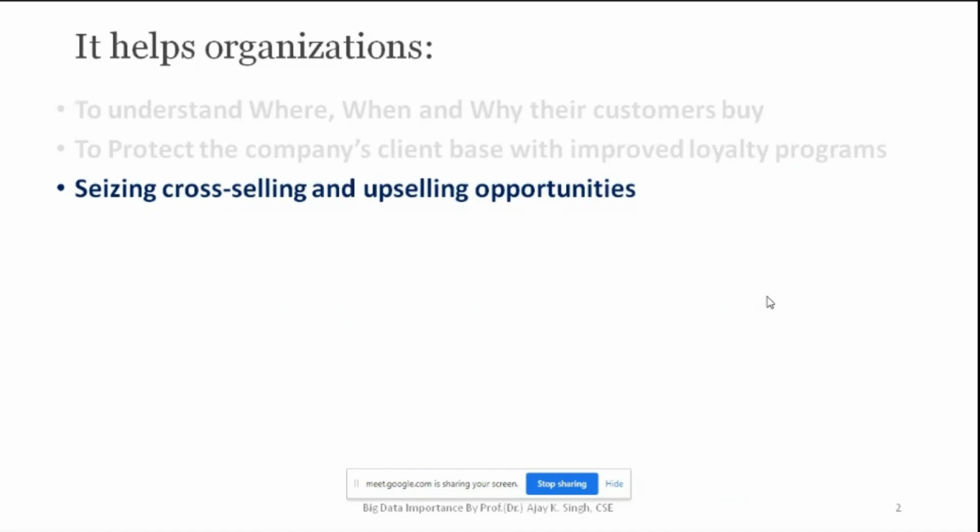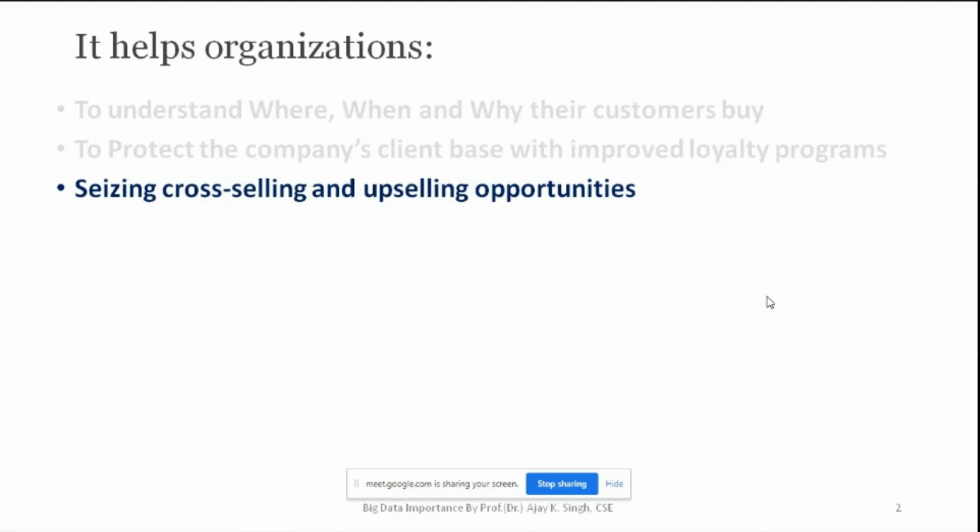Okay. So basically, this cross-selling we are talking about is nothing but, you can say, suppose I went for buying bread. Clear? At the same time, I may also go for butter, and I may purchase an egg, isn't it? I may purchase jam along with that. So they are going to motivate me to purchase all this stuff along with that bread, and they will say this is a very good one, sir, you just try this one. So that is what is called cross-selling, isn't it? You went for buying only one item, but at the same time you take some different item that is really linked with it, because that is the combination.